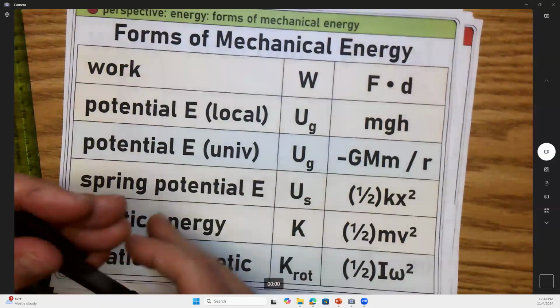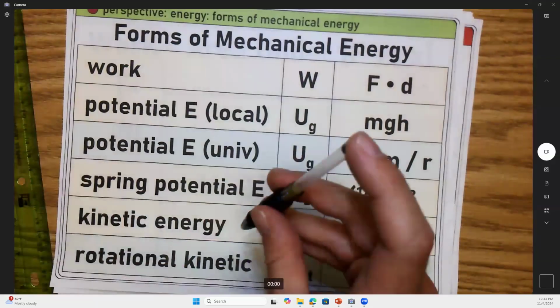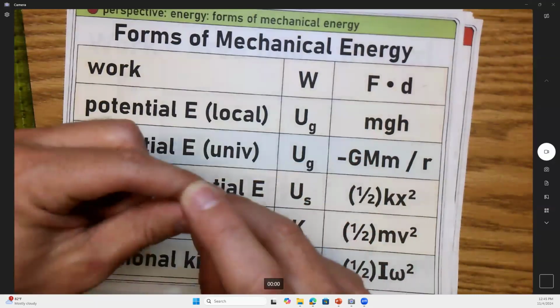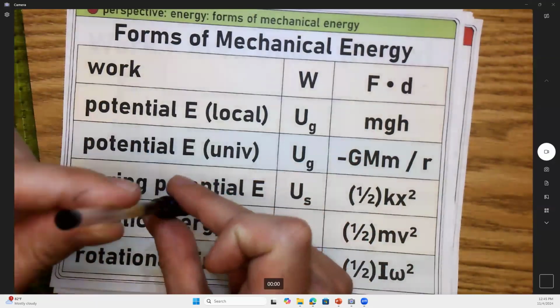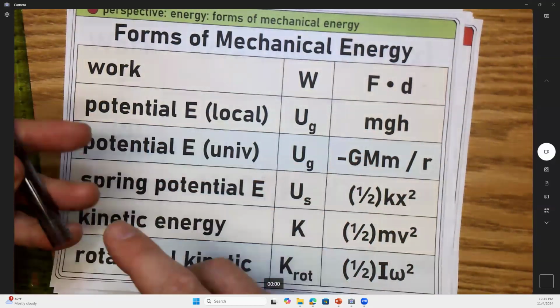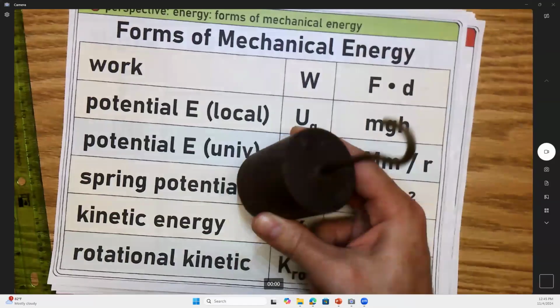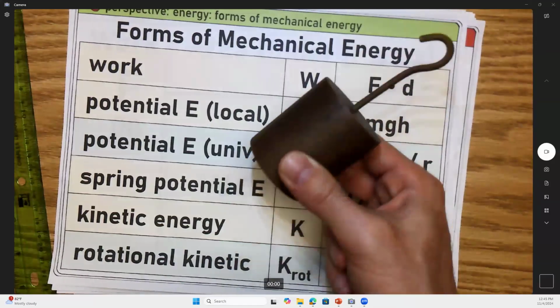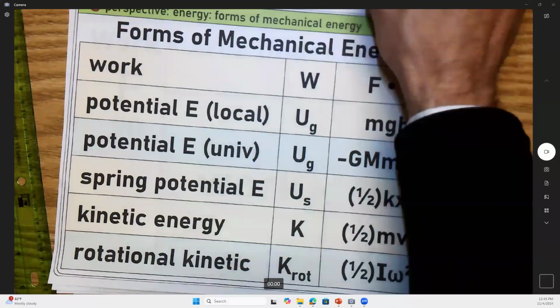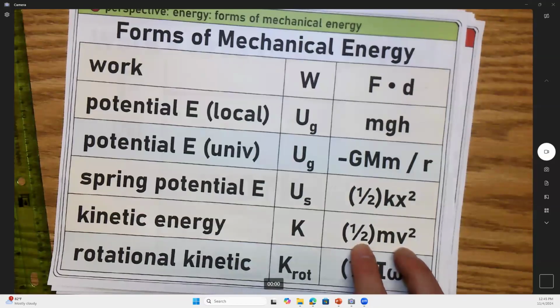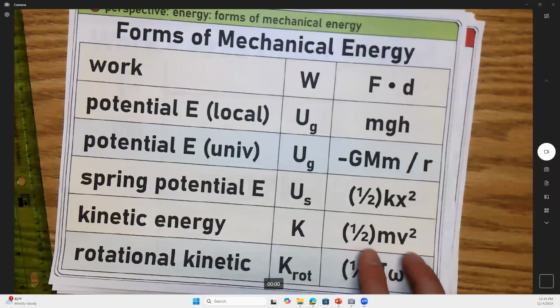Let me go back to this spring example. When I press this cartridge down and let it go, pow! Right when it was leaving the spring, it was moving really fast. That could be energy of motion. Or in this weight example, if I put this at the edge of the table and it falls off, right before it hits the floor, it's moving really fast. Here's the energy associated with motion. It's called 1/2 mv squared, kinetic energy. You guys see that?